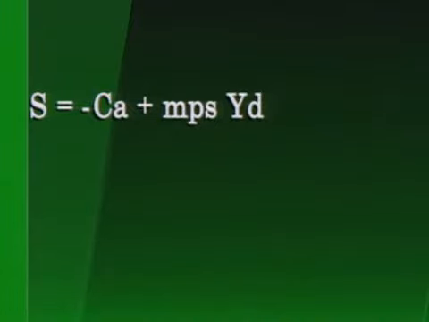Now, does this make sense? Let's suppose disposable income is 0, so YD is equal to 0. When income is 0, consumption is equal to CA. Savings is equal to minus CA. In other words, consumption came from savings. Notice also that when income is not 0, increases in disposable income increase savings by the marginal propensity to save, or 1 minus the marginal propensity to consume. This also makes sense since additional income must be allocated between savings and consumption.